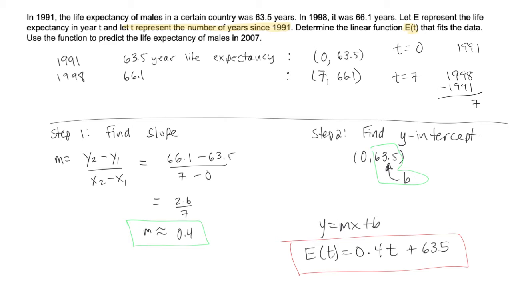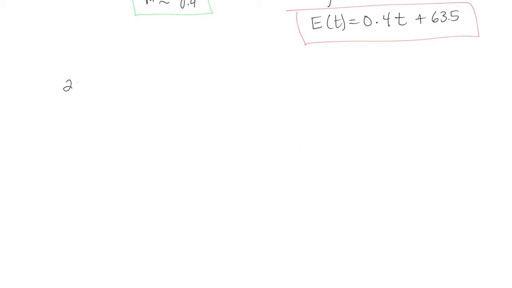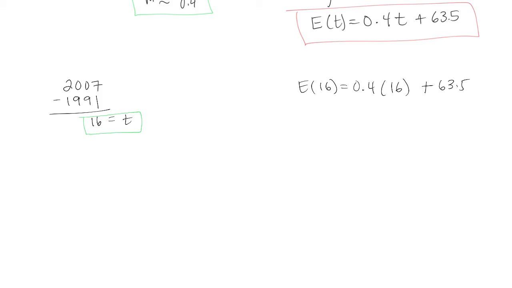Now the next step is to use the function to predict the life expectancy of males in 2007. In 2007, we need to figure out what t is. Remember, t equals 0 is 1991, so we find the difference between 2007 and 1991, and that gives us t for the year 2007. The difference is 16, so that's the t we're going to plug into our equation. e of 16 is equal to 0.4 times 16 plus 63.5,